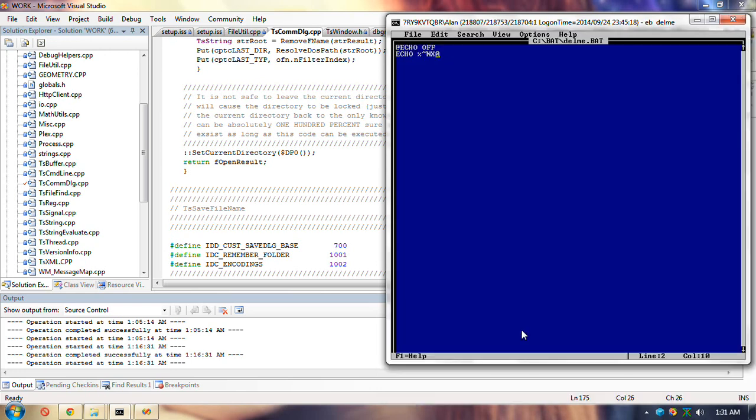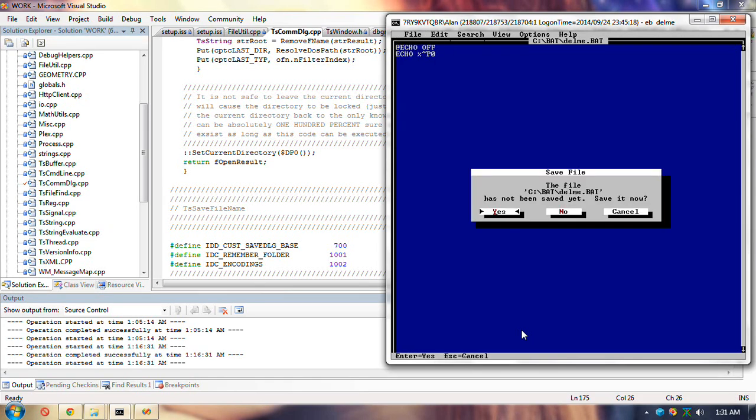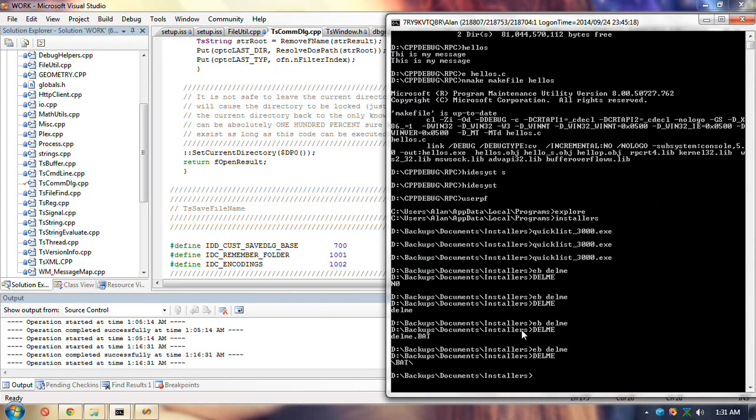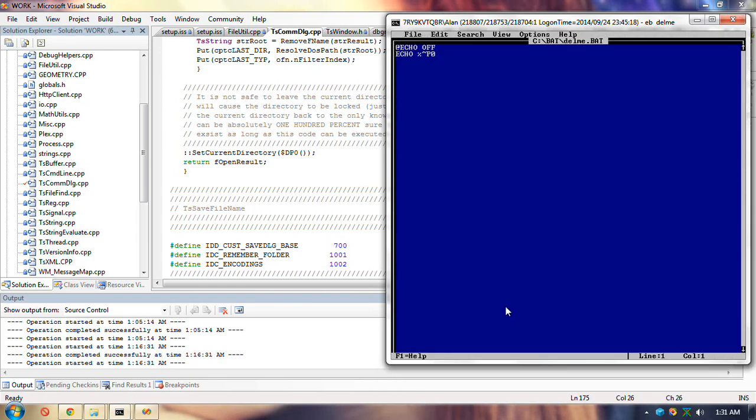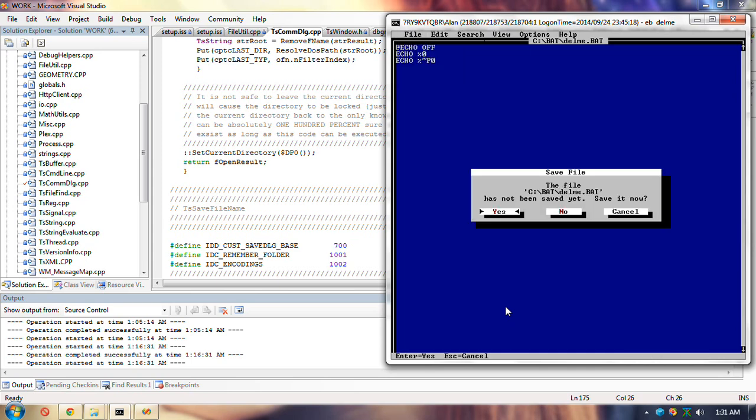Another one is P, which is the path of the %0. %0 is like argv[0] in C programs.